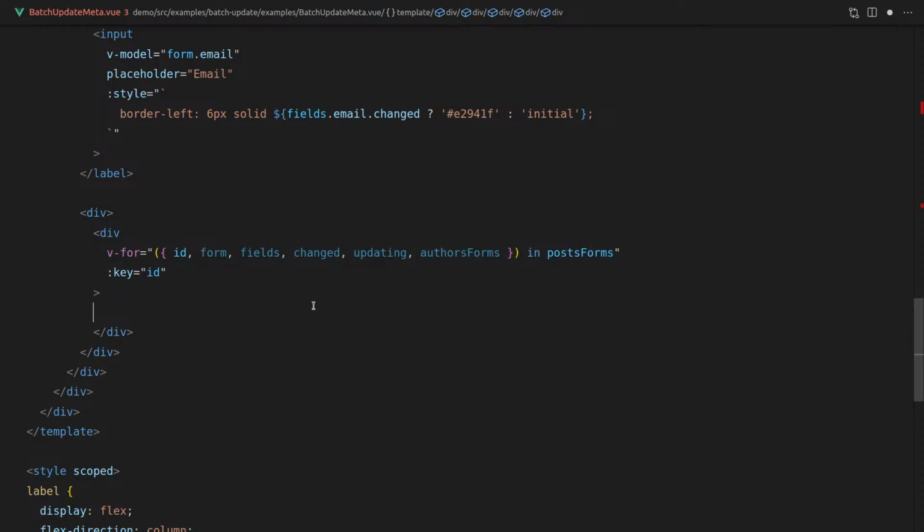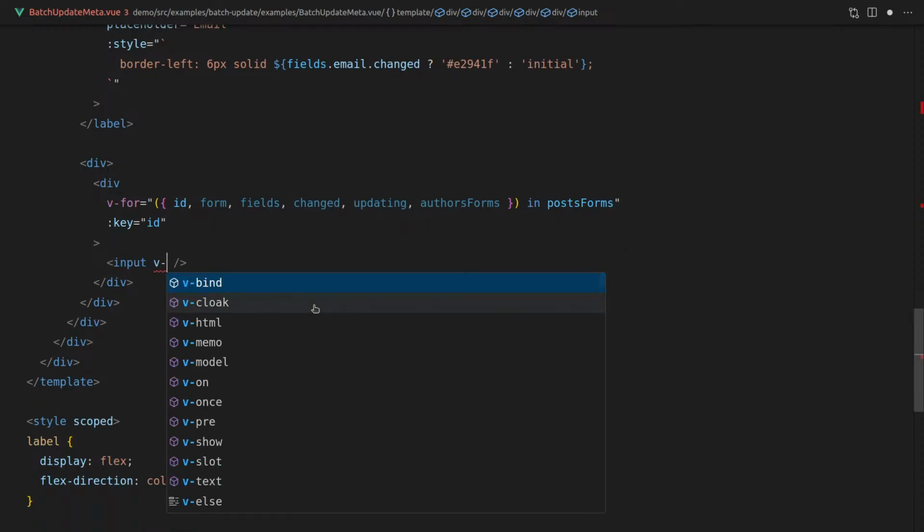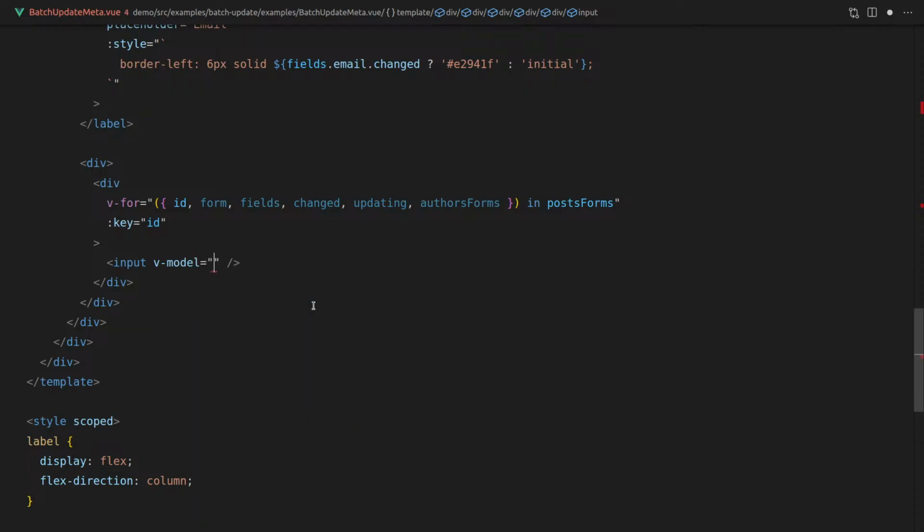But then we could do something like this, where you've got an input there. Man, I wonder if I should implement this now. Not now as in live. But then you can have an input here and then say vModel is equal to form dot, and this I could see it in my head. We could figure out how to type this. We could definitely get that typed. Form dot, this is a post form, so